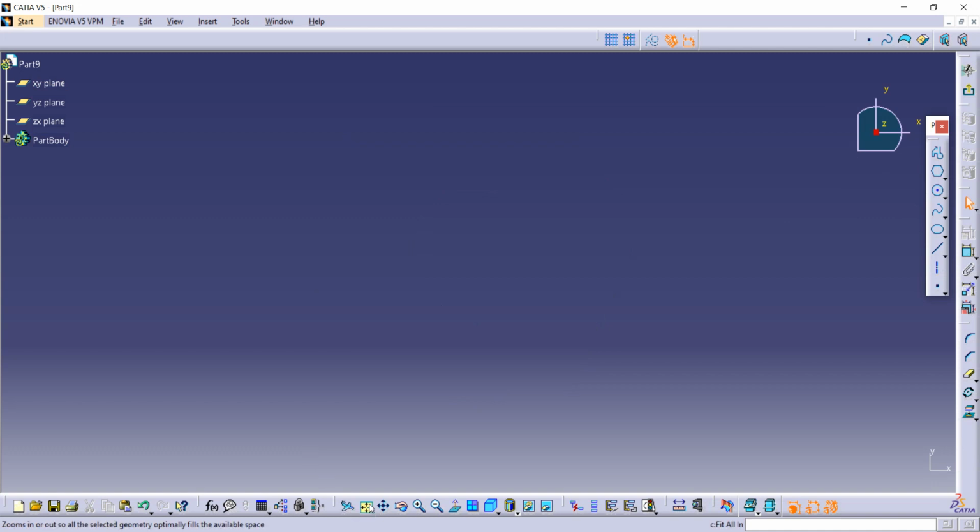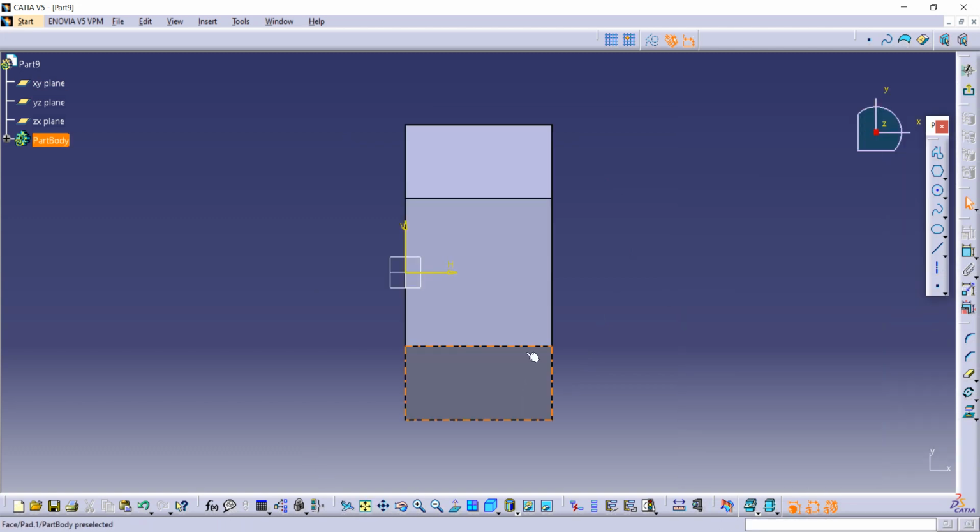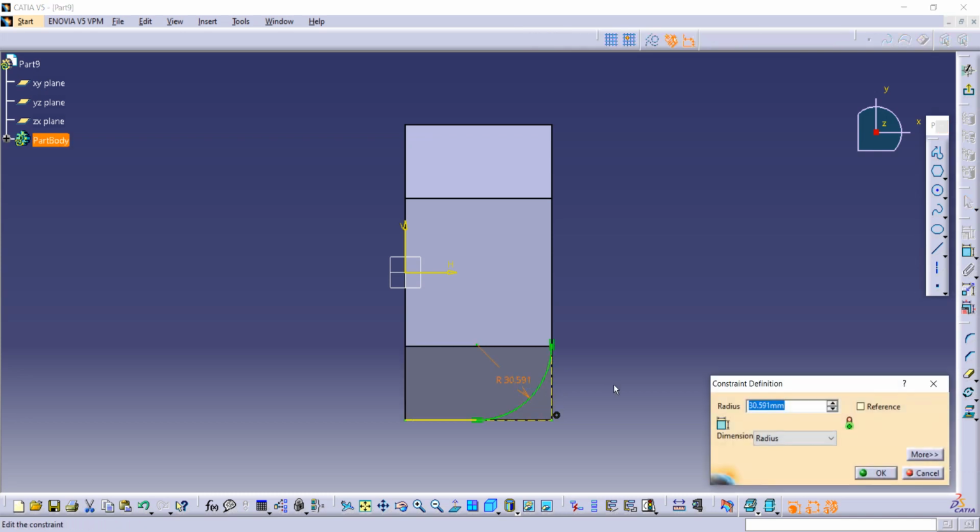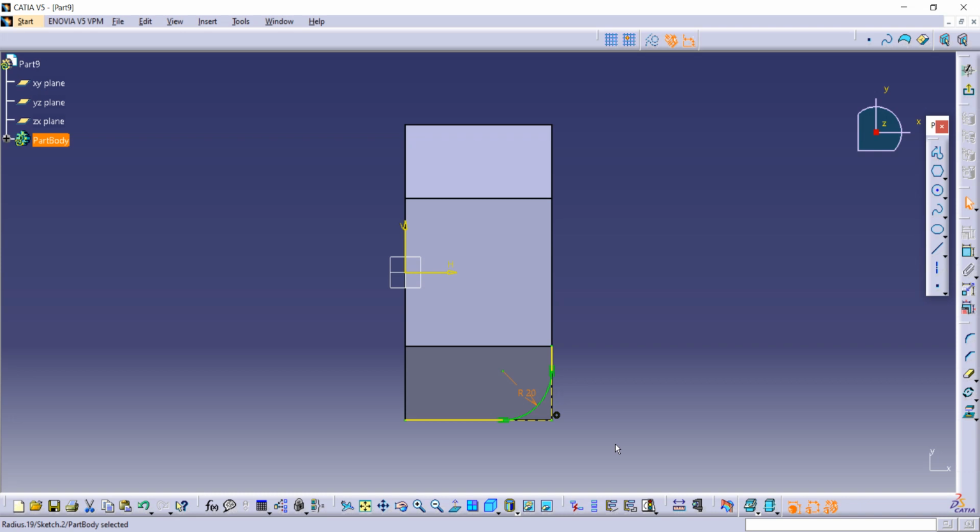After that use this fit in screen, so it will be here. After that use this projection command, select this line and this line, and then go on this corner command, use this and this line and give here dimensions. The given radius is 20, so I have given here 20. Select the exit sketch option and complete the entity. We don't want this extra material in green color because we are just going to remove it.